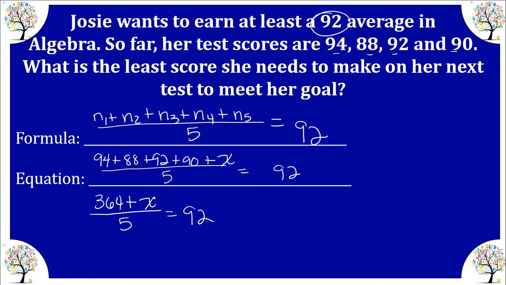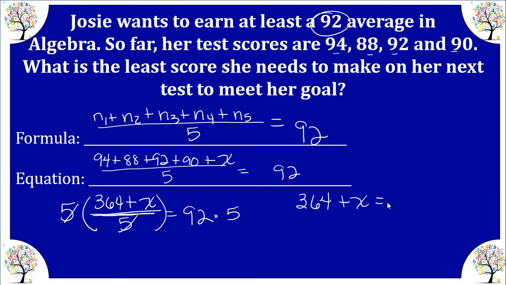Now we're solving for x, the grade she needs to make on her next test. But before we can get to x, we have to undo division and then undo 364. So we are going to multiply both sides by 5, and that gets rid of the divide by 5. That's the point. I'm going to go ahead and bring over what is left on the left side, and then